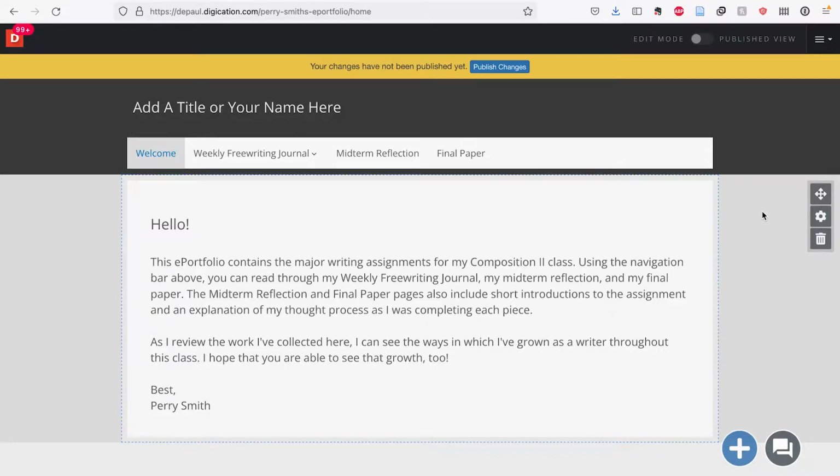The banner image for your ePortfolio is going to go in the header section, which is the dark gray space at the top of the screen here. You'll see that this particular template has also added a text box where you can add a title for the ePortfolio. In order to find a picture for our banner image, we're going to be using a resource on the